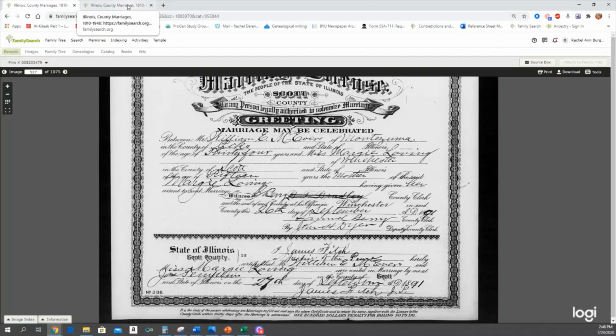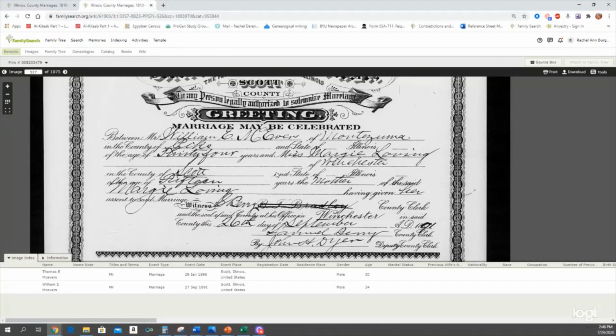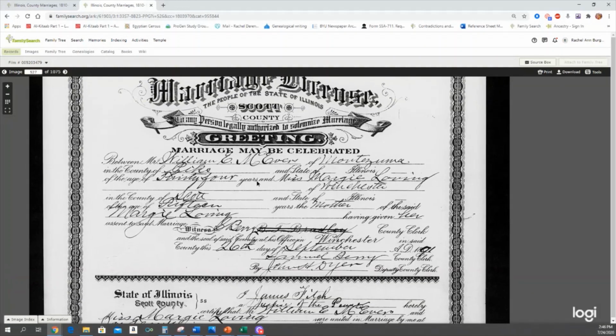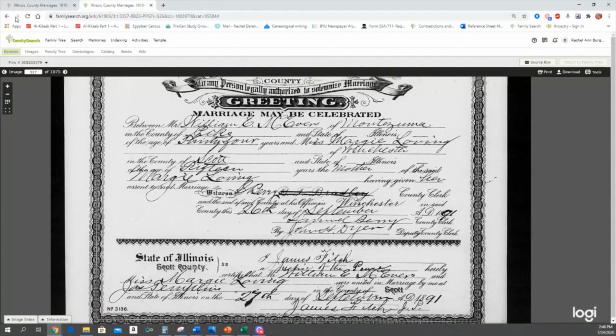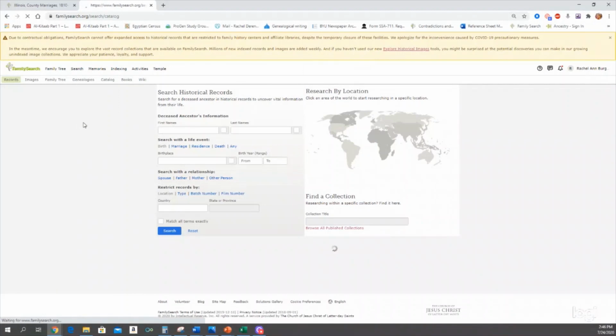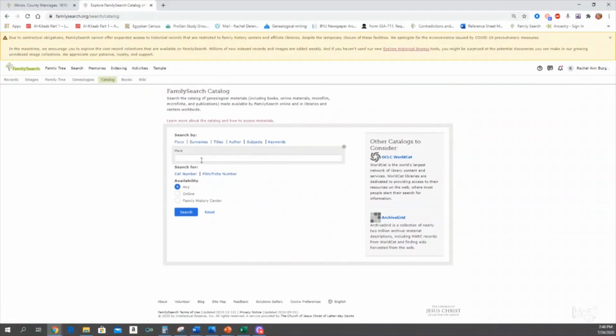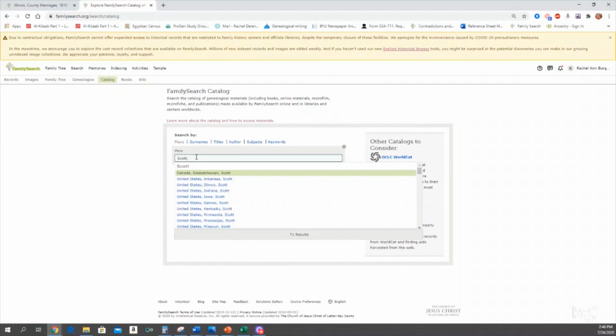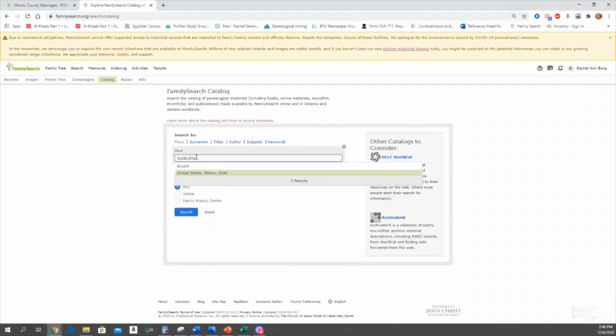But they're not in that marriage licenses one that we clicked on. They're in a different area. So I'll show you that. But I just want to give you an idea about what you might find. Oh, I actually got the wrong thing up. So I'll just find it really quickly for you. Actually, this will be good. So I can show you how you can find these and where they might be at.